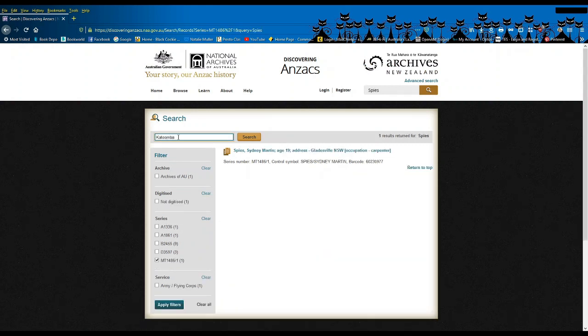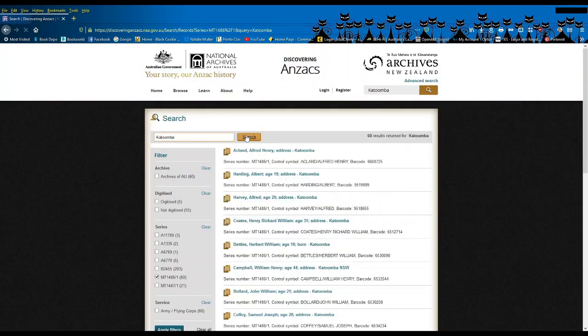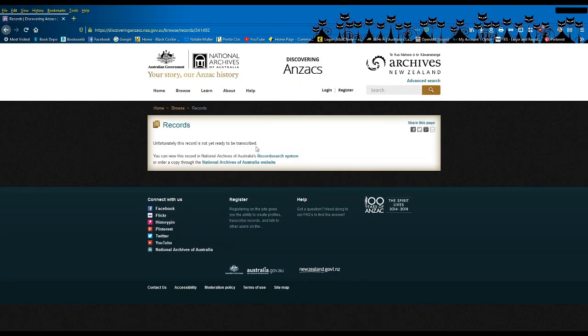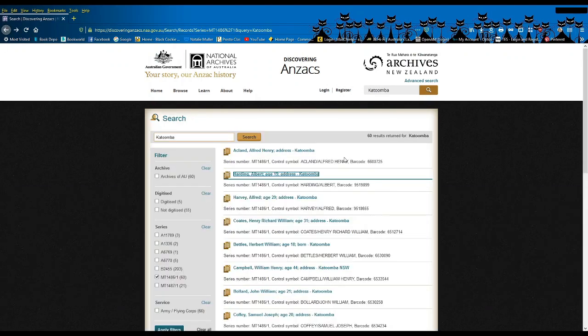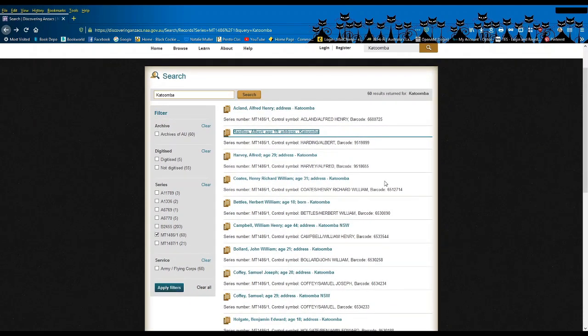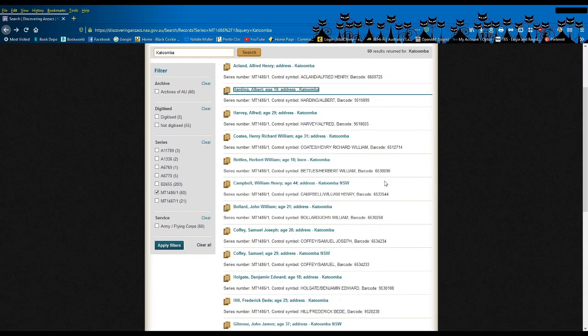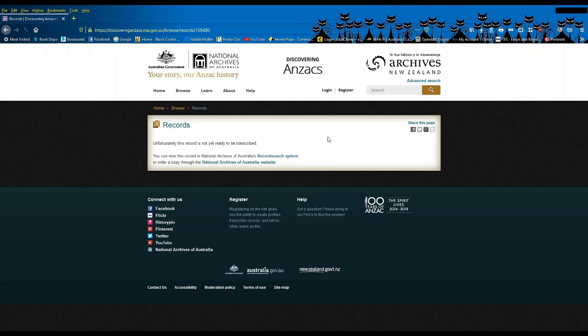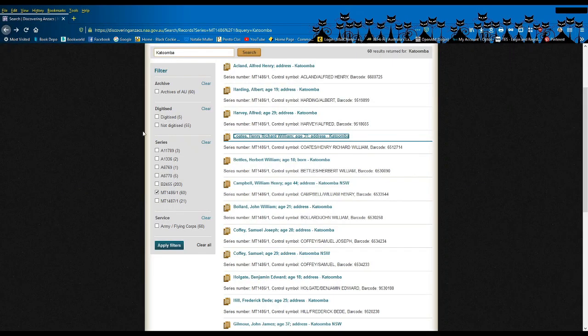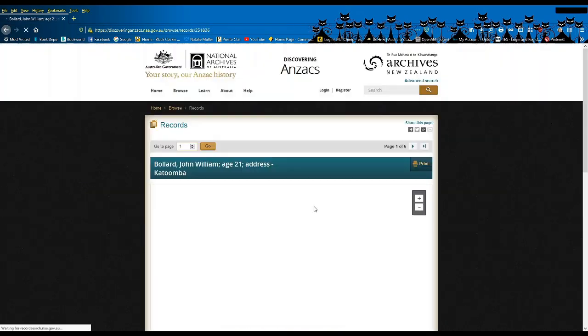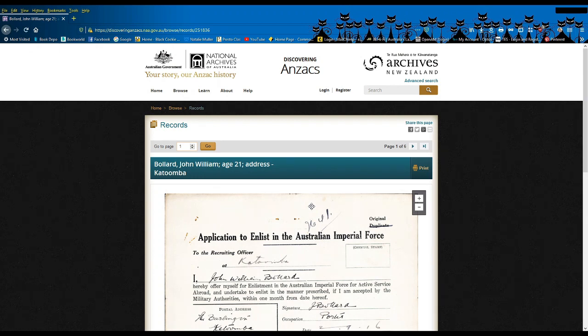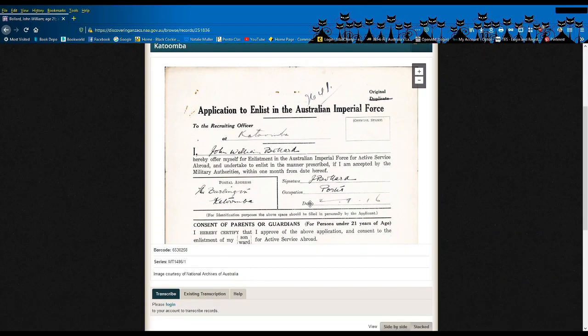So here we go. We have the records, and I've searched Katoomba and having a look. So you just go down, you click on names. Some of them don't have records, some of them have not been digitized. So we go down, have a look. So if it wasn't digitized, that's what you get. This one, again, another one that wasn't digitized. It is a bit difficult for a while, but this one is digitized, and this is